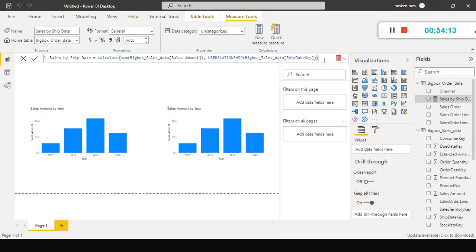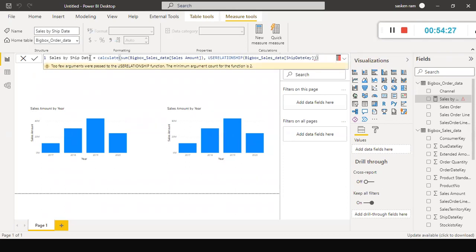If I press enter, or you can click the tick mark, once you finish your DAX query here, this is called a DAX query, you can click the tick mark so that it will get executed. Now, or you can press enter. It got executed, but it is throwing an error. What it says is too few arguments were passed to the USERELATIONSHIP function, which means this function requires two